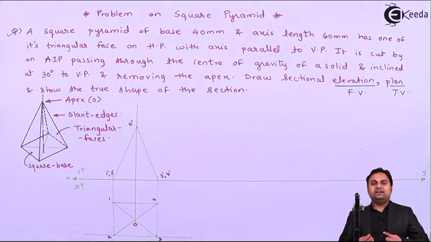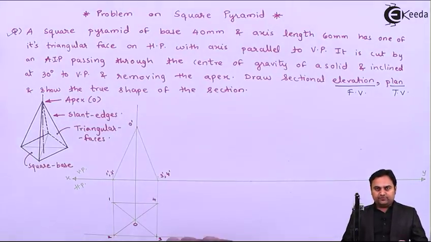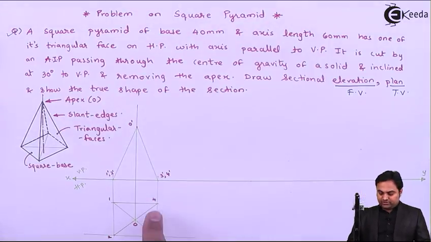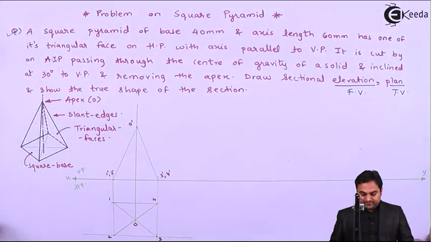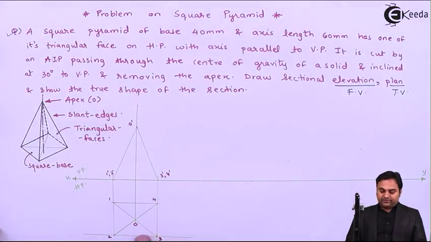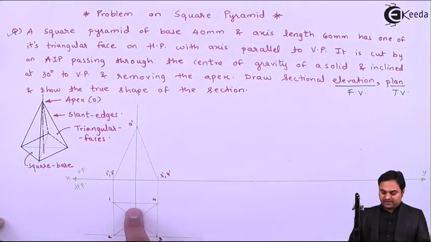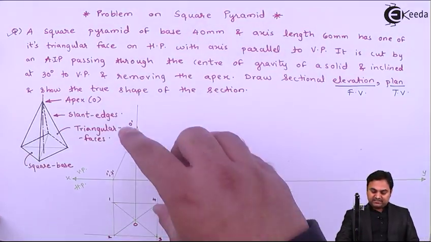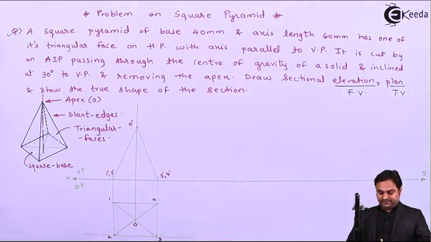Otherwise, if I would have taken the other condition, that is instead of edge I would have taken the corner on which it was resting, then after tilting it, it would have been rested on the slant edge. So here this condition I have taken because it was given that the pyramid is resting on its triangular face. Next, when I look at this triangular face into the front view, it is O dash, 3 dash, 4 dash. So it means if I have to make this triangular face lie in HP with axis parallel to VP, for that case I will have to make this slant edge in line with XY. So for that